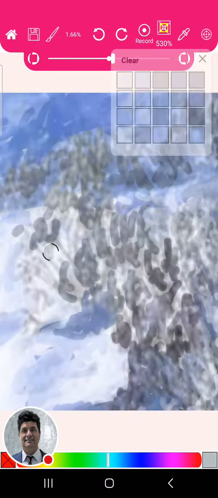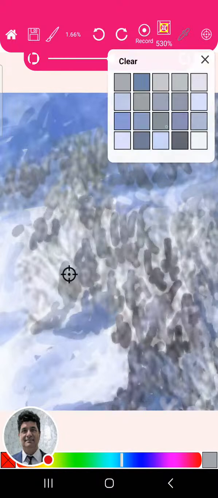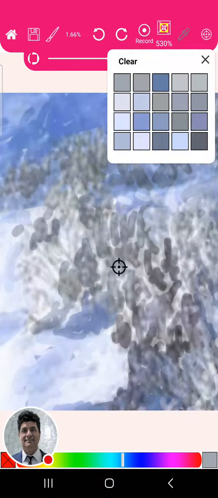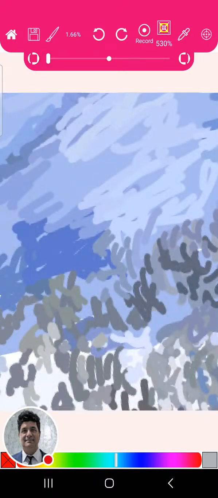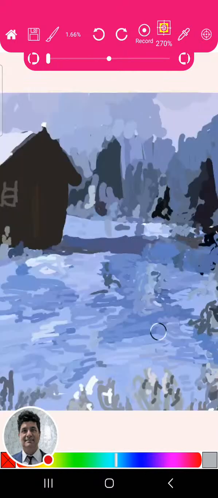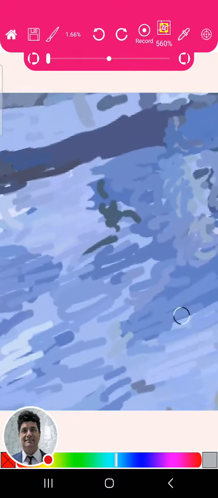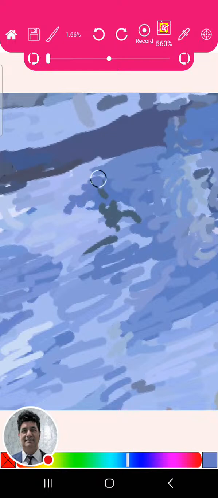Anyway, the more time you spend on this drawing, the better it will get, believe me. And I'm trying to work really fast. Okay, let's have a look. That is looking much better now, isn't it? You can see here that I need to do something. So I can go here and go here and then pick the colors and then shape it according to how